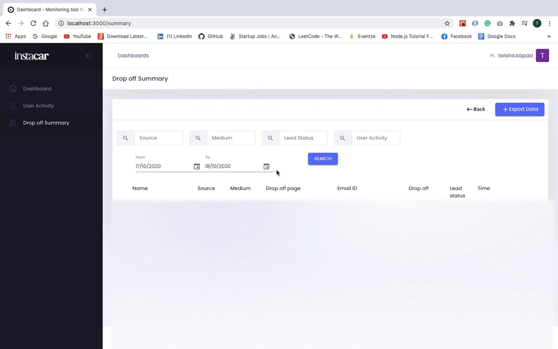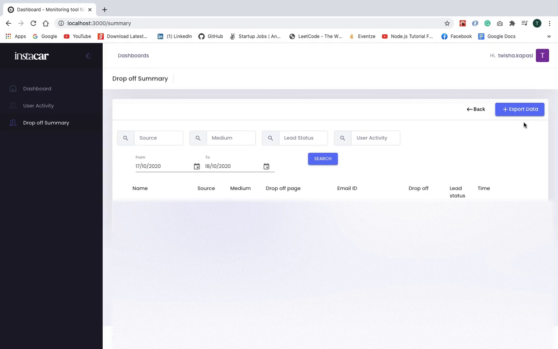as well as it is also shared with the marketing teams. Users are sent scheduled emails based on these activities, and if one wishes to get all of this information in an Excel sheet, which the marketing team usually does, then they can filter all this information based on their requirements and click on export data. So this exports their data in an Excel sheet.